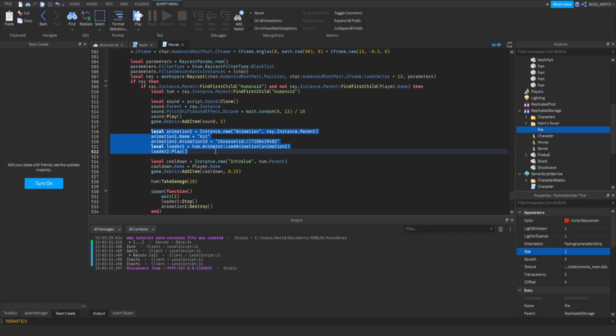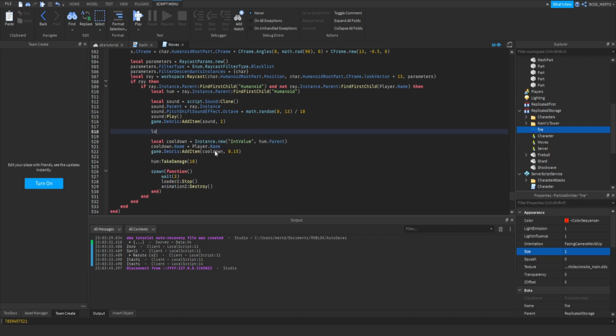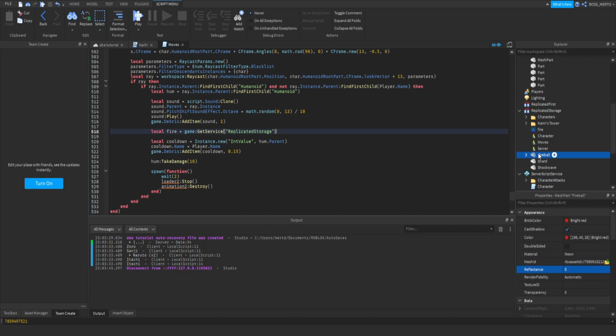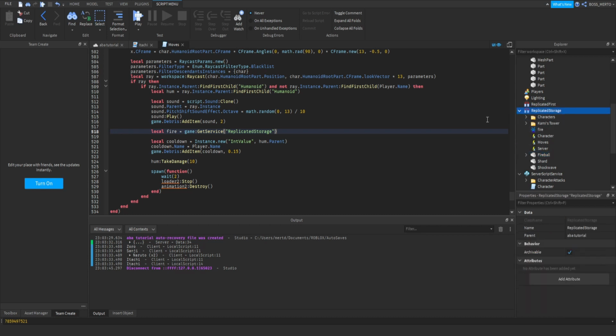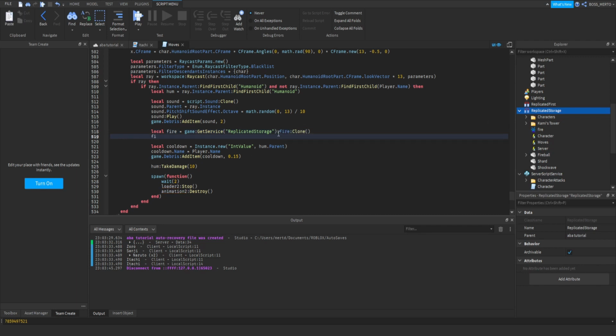So instead of cloning an animation, we will clone this particle. So local fire, game get service, replicated storage. The same as with our fireball, we have this thing inside of the replicated storage. Therefore, we need to refer to it. So replicated storage, fire clone, and then we just put it inside of the upper torso. So fire parent, parent upper torso,